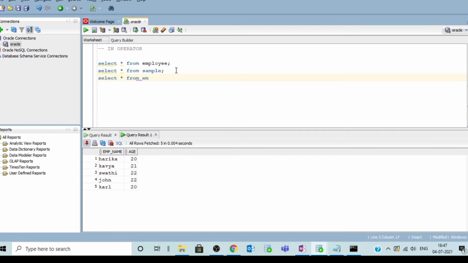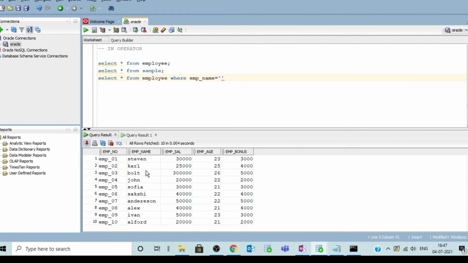Select star from table name, that is the employee table, where emp underscore name equal to, we'll give Carl, or emp underscore name equal to John, or emp name equal to Sophia, or emp name equal to Bolt.